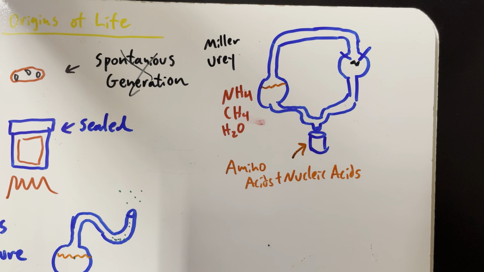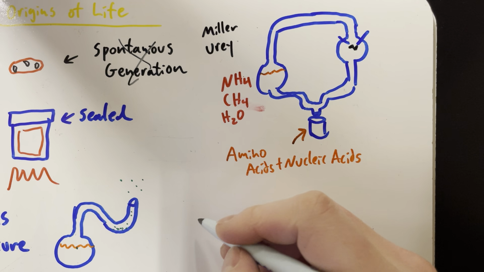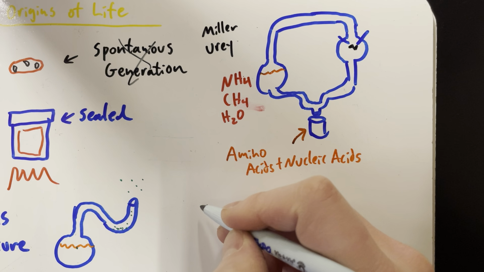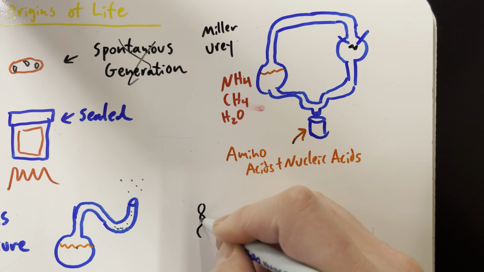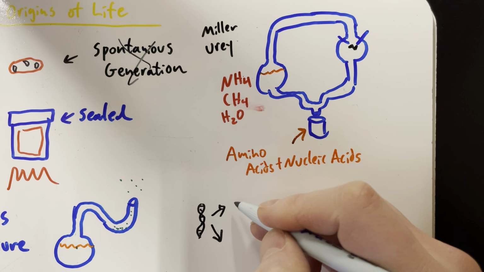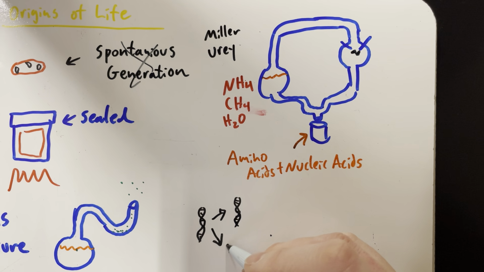Nobody's really sure on the origins of life, as far as how life arises. But some of the things that need to happen is you need to have DNA, or RNA, that somehow replicates itself. Again, there's theories out there. None of them have particularly strong evidence one way or another.